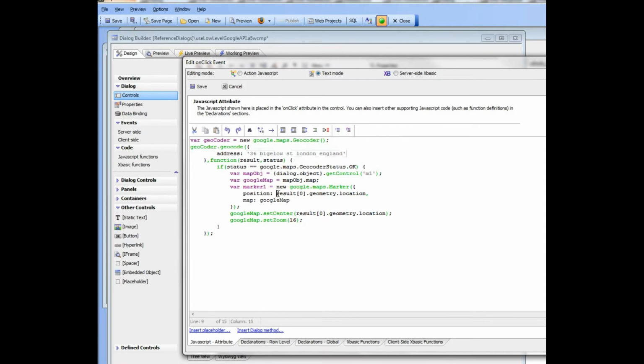So result[0].geometry.location is the result of the geocoding, and then we call the set